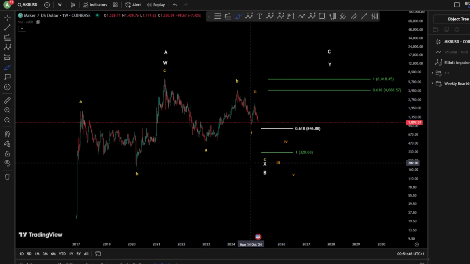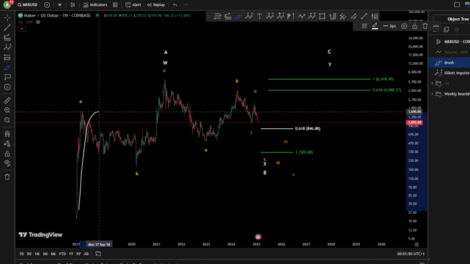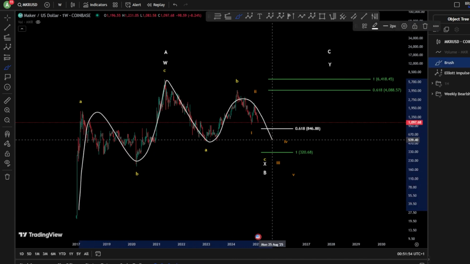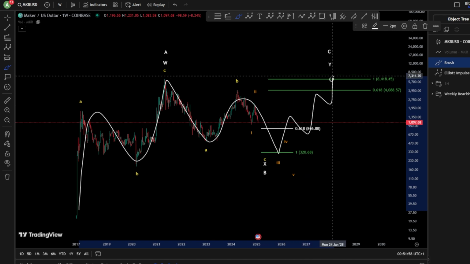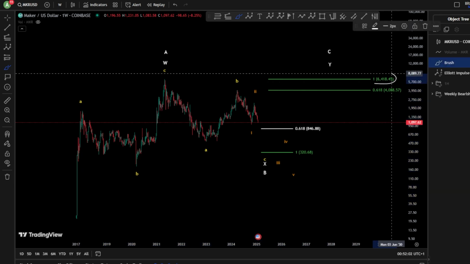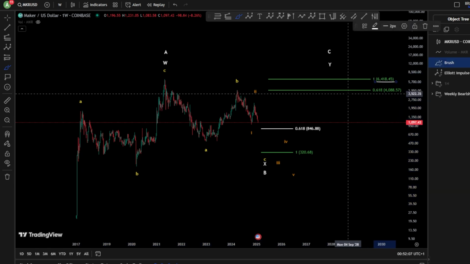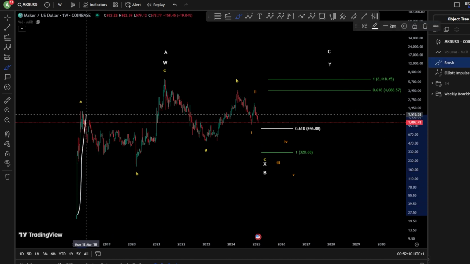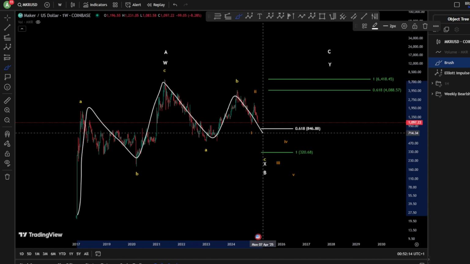The difference between both scenarios is that we have, of course, probably a regular flat: 3 waves up, 3 waves down, and 5 waves up for a wave C. This is your regular flat, where you would like to finish a wave C at the 1-to-1 fib level at 6,418. In the case of a WXY, you are looking at a zigzag toward the upside, zigzag toward the downside,